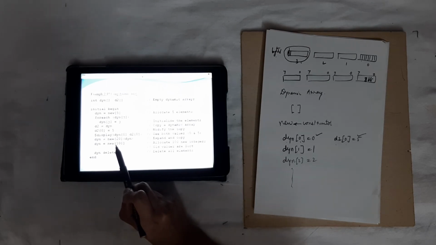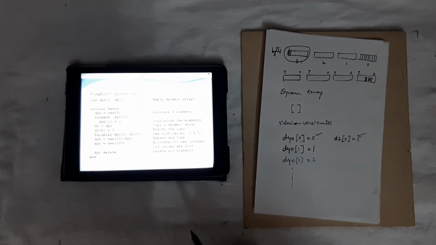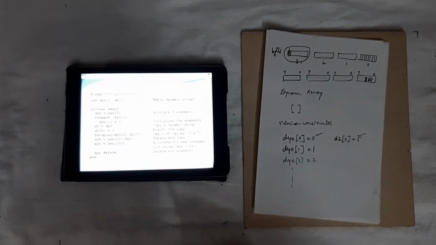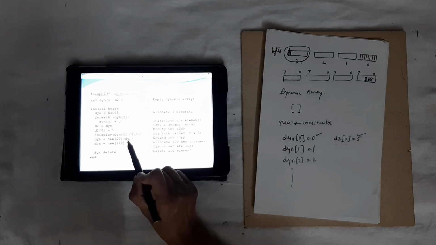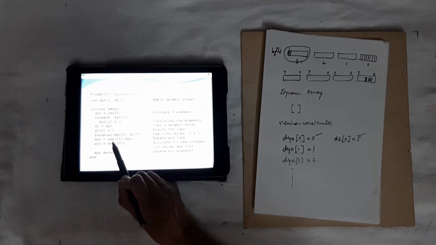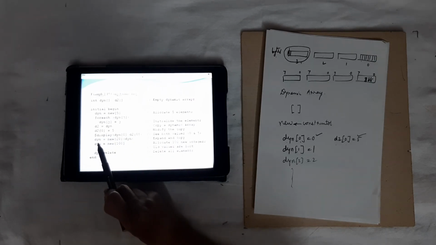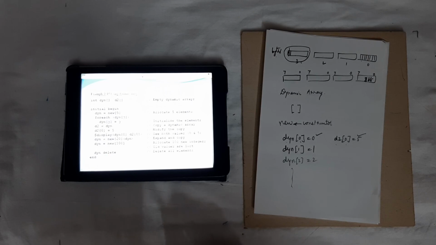Then the old 5 element array is deallocated. The result is that dyn points to a 20 element array. So this is how this can be used.